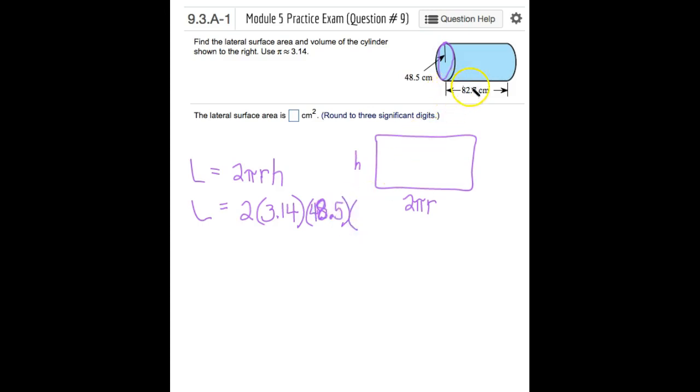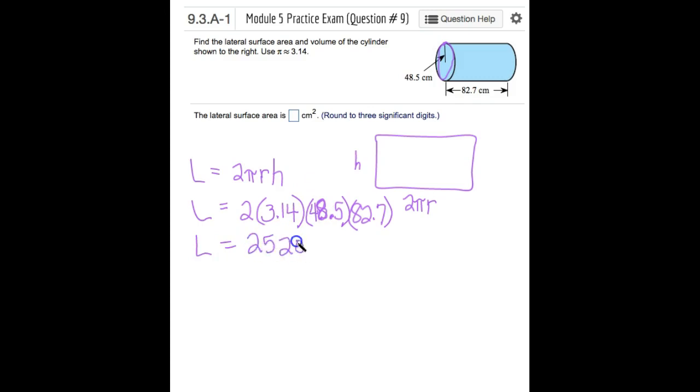And again, the height can be a bit confusing because the cylinder is not standing on the circular end. So think of the height as the distance between the bases, and that will work for prisms too. So that's a nice way to think about height. And that would be 82.7. And then from there, you're just going to multiply that all together. And you should get